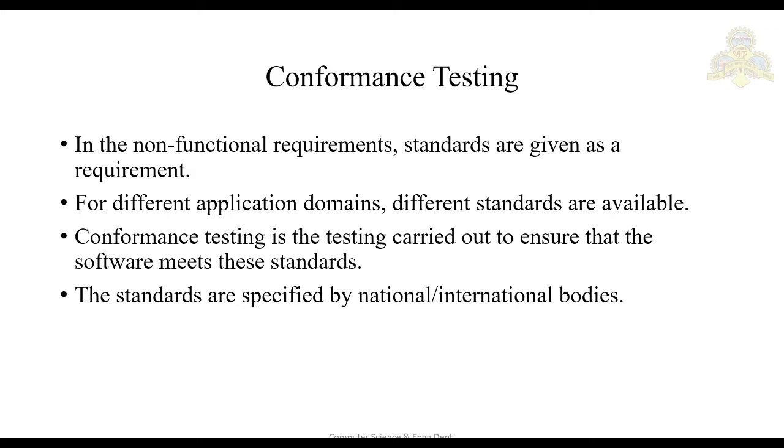Say for example, you are developing automotive software. That means software that has to be used in the car. For that you have the Motor Industry Software Reliability Association. That organization gives you a certain set of guidelines which you have to follow while coding. That means the C coding you do in embedded systems, right? So you have to follow that particular association's guidelines to develop the C code for the embedded systems.